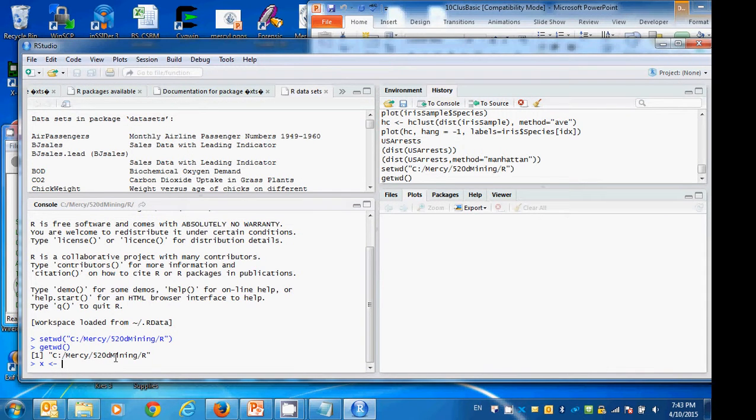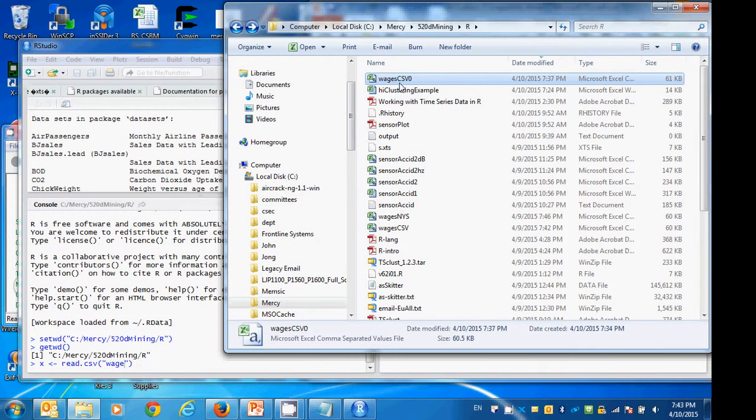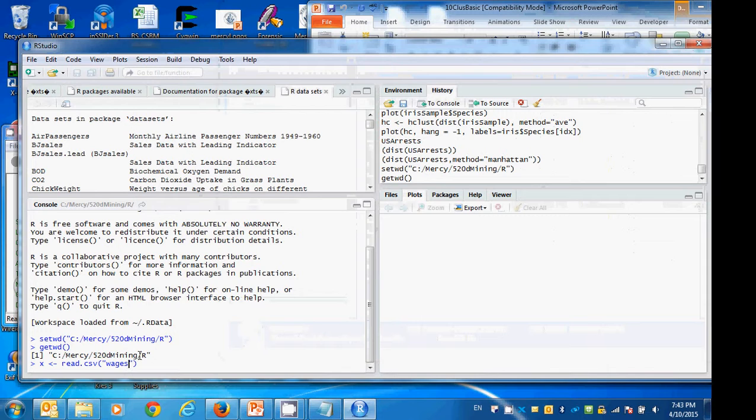So we have to put here the file name, wages CSV 0.csv, that is the file name, comma, header equals true, because I have a